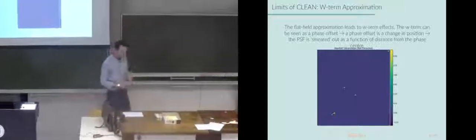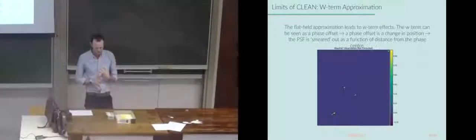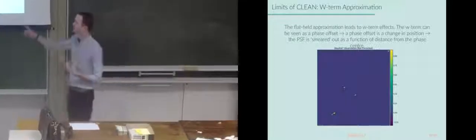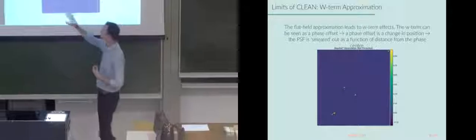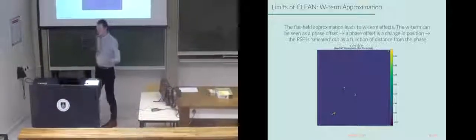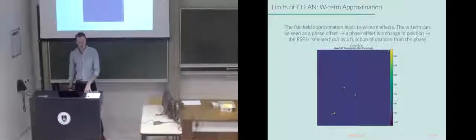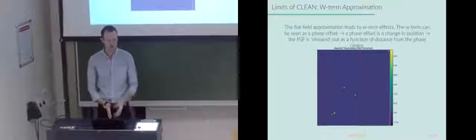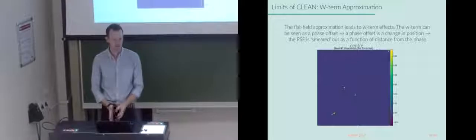And so when you do image-domain and gridded visibility-domain methods of deconvolution, like Clark and Högbom, you can't account for these. This is a correction. This correction is done in the gridding phase. And so if you've already gridded your data and you haven't corrected for it, you're never going to correct for it.